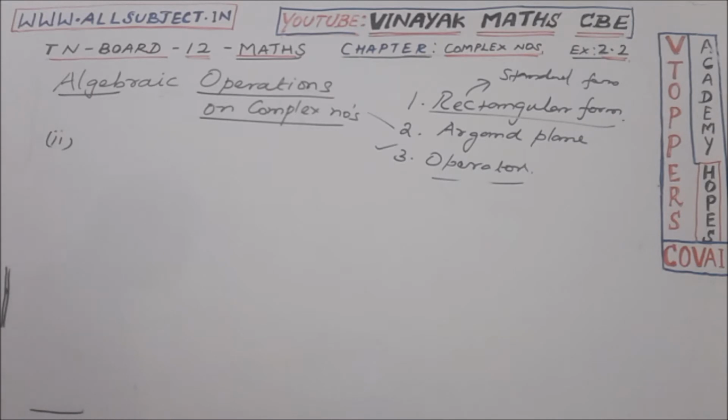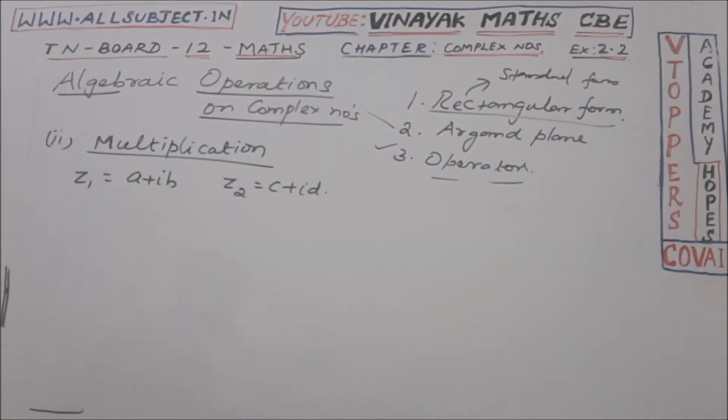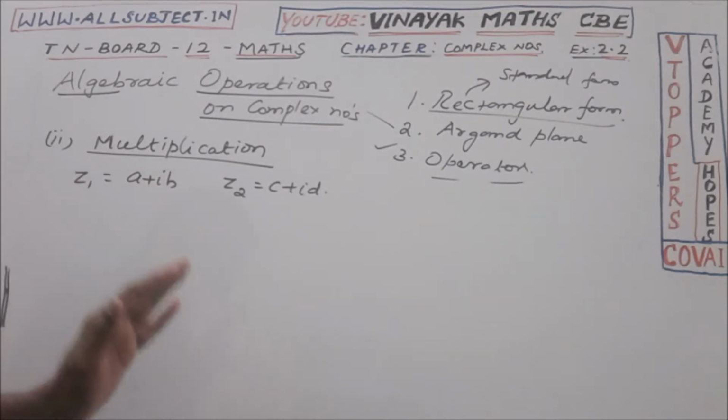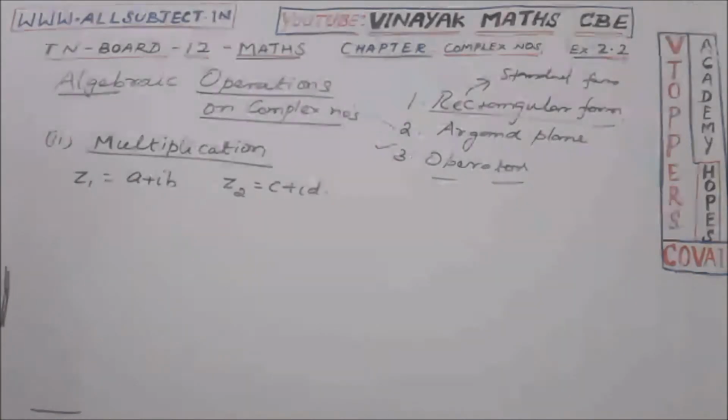Now our next case is multiplication of complex numbers. This is very important for each and every problem. When we multiply two complex numbers, it will be very useful. So you should clearly know this idea. You should concentrate on this while doing problems. Most of the time it will be very helpful to you. So listen carefully here. Product.